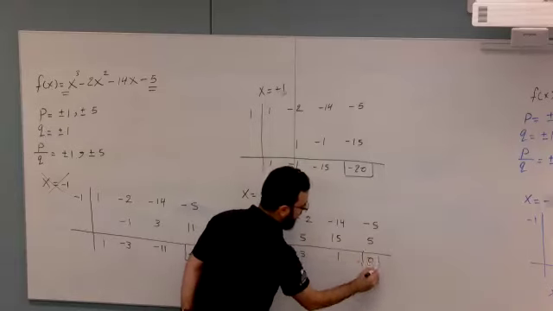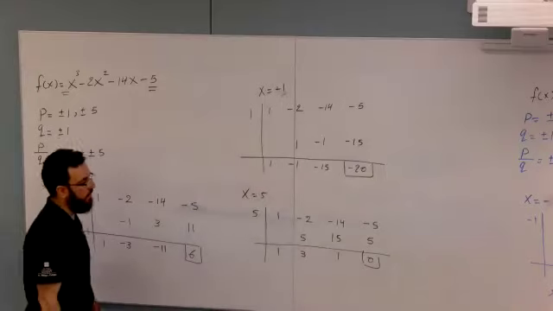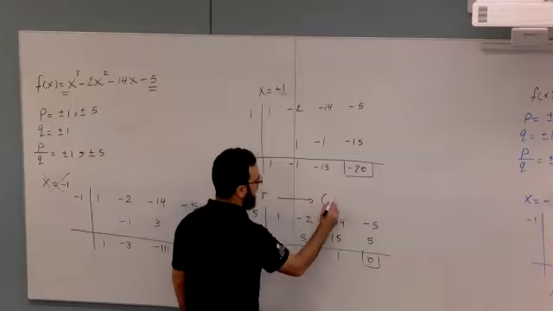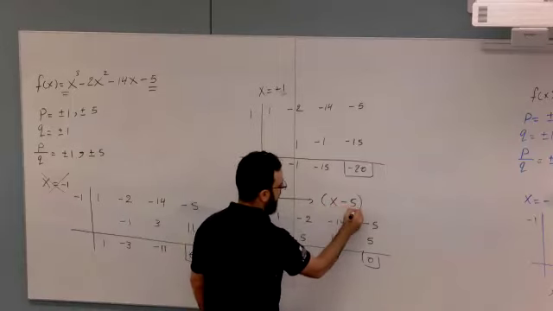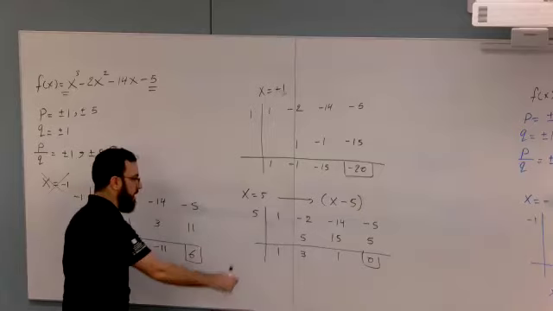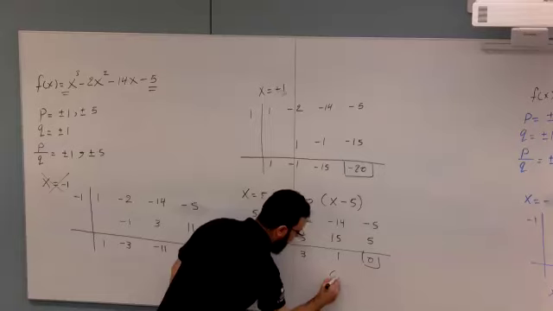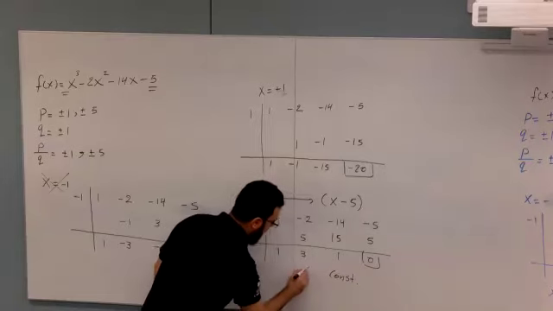Add these. 0. We now have a real zero, which is x equals 5. The factor is x minus 5. This is the real zero. This is the factor. This one is the constant, x and